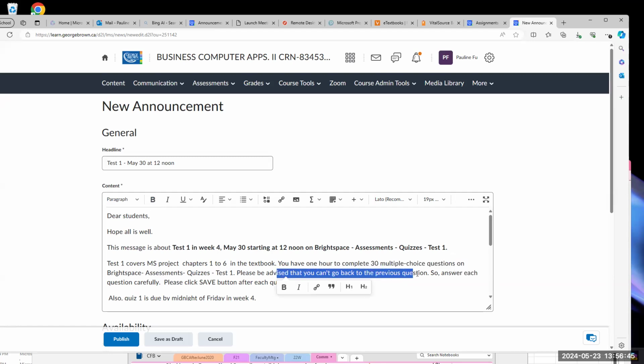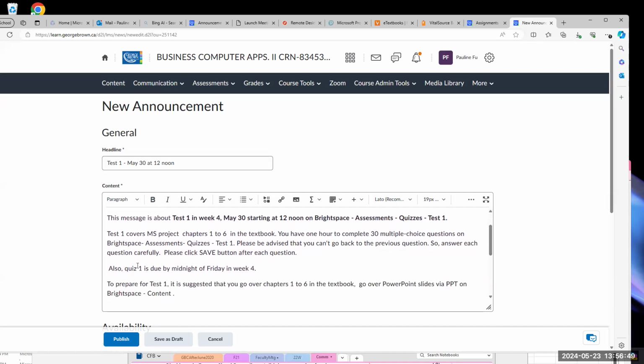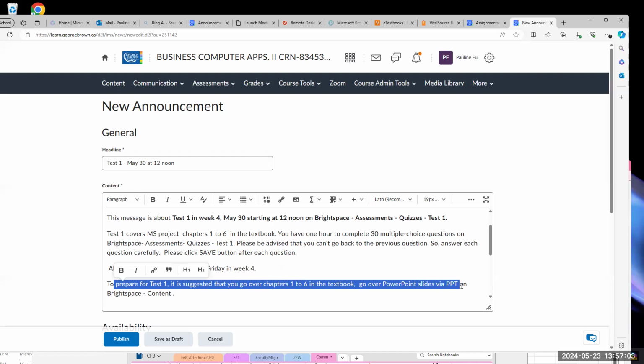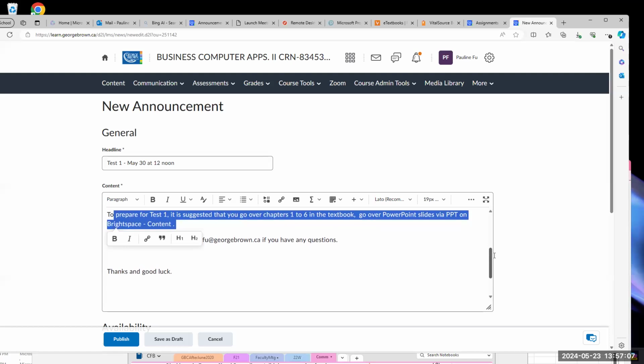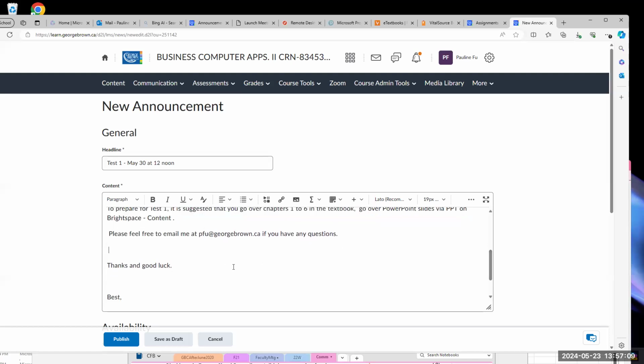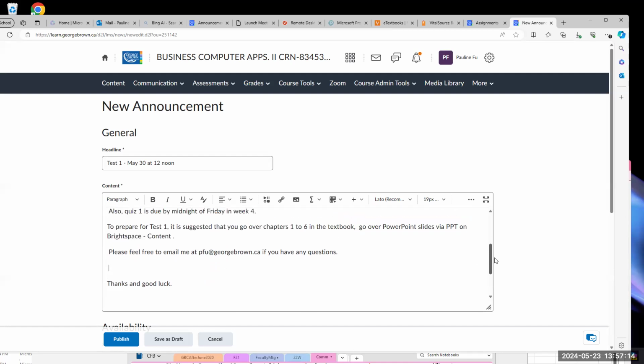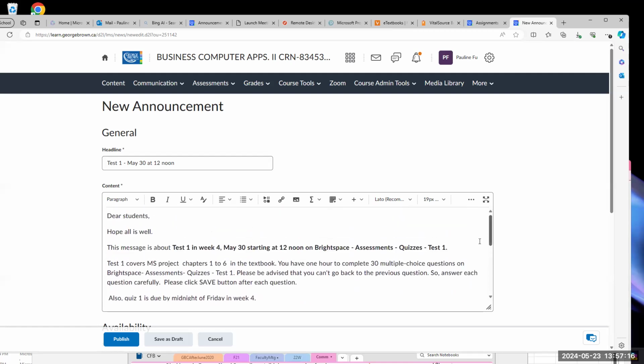You cannot go to the previous question. Another reminder, quiz 1 is due midnight of next week, Friday. To prepare for test 1, you need to go over textbook chapter 1 to chapter 6, and go over the PowerPoint presentation. So that's it for next week, test 1.